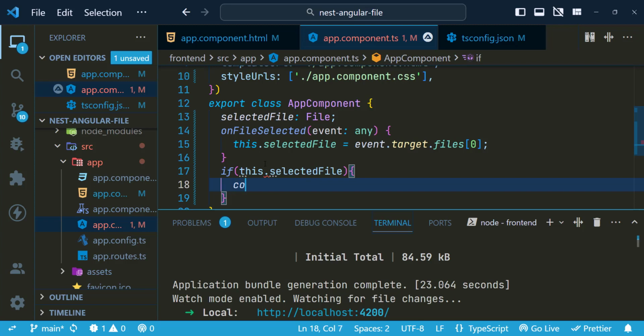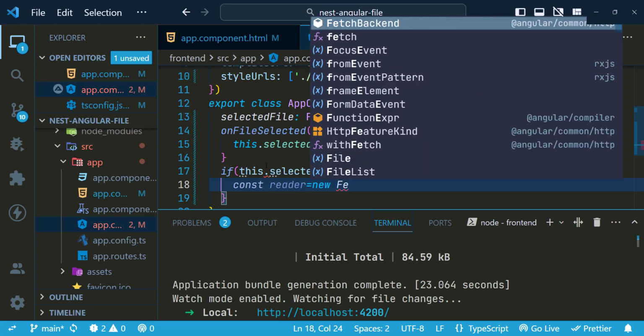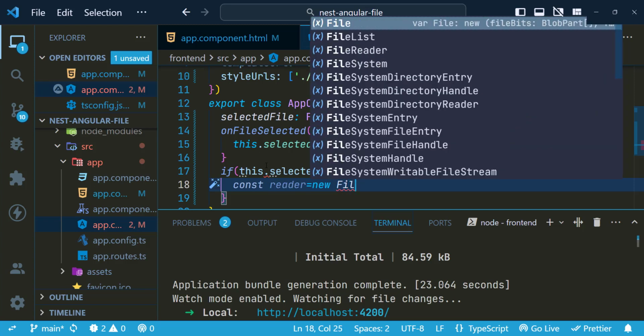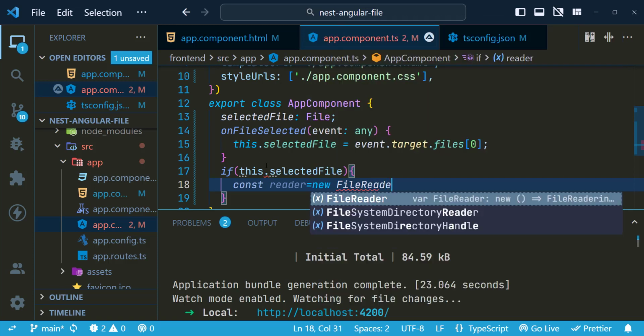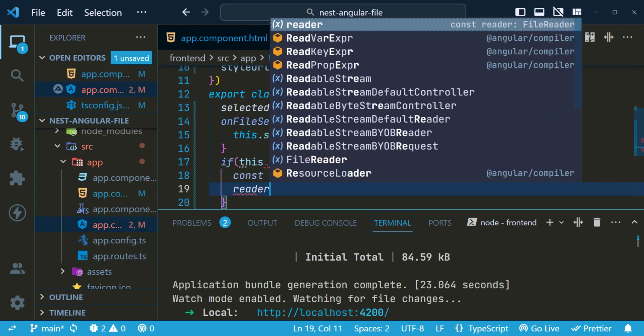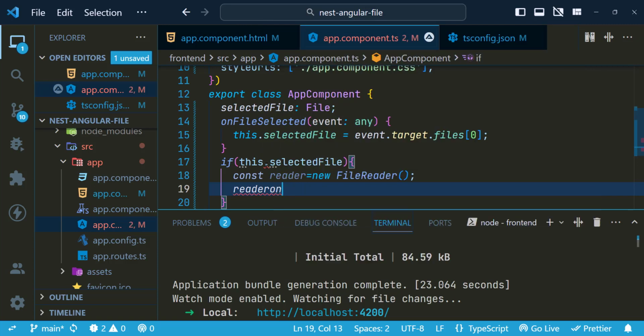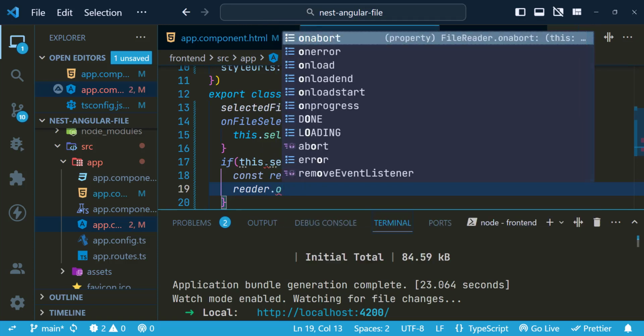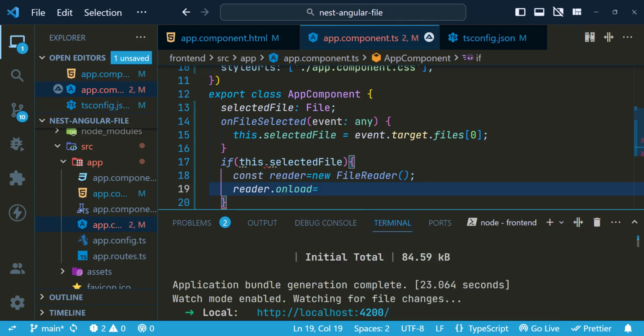To do that, we need to create a new constant, which is reader, and which is new FileReader, which we can use to render the image and the name to the screen. So FileReader, and reader.onload equals event,